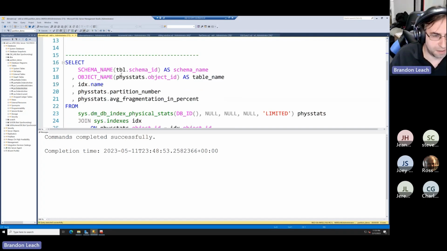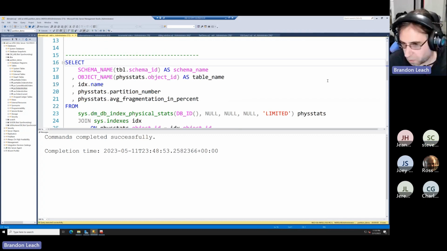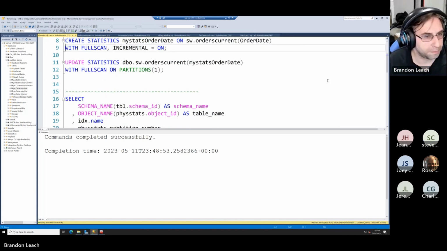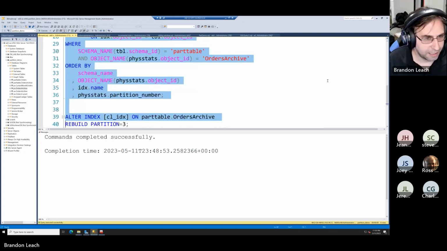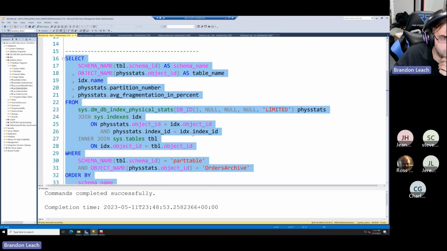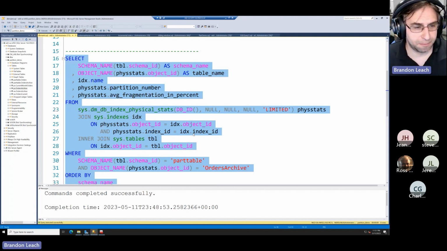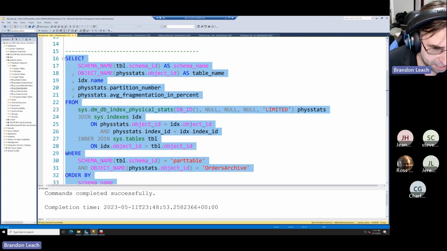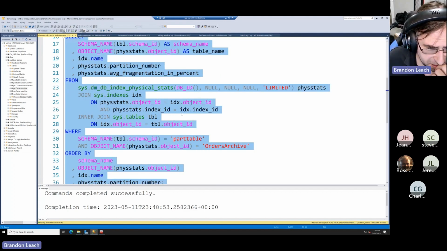So let's talk about index fragmentation before we talk about stats. I'm going to move this down for now so we can see more of this query. What this query does is join data from sys.dm_db_index_physical_stats with data from sys.indexes and sys.tables. And if I execute it,